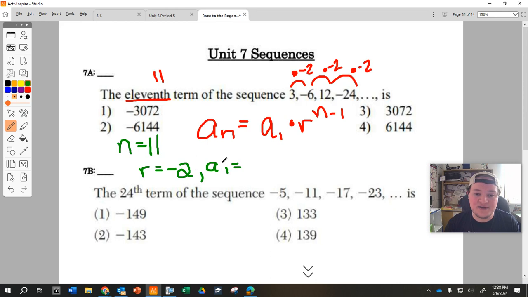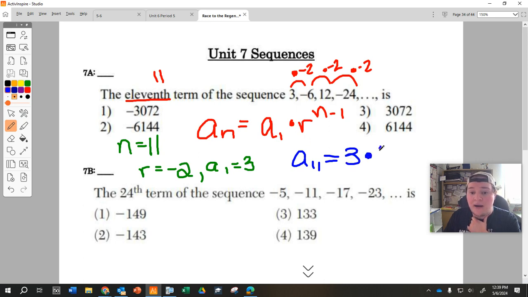Put a comma there because these are two different statements. A sub 1 is the first number in your pattern for a sequence. Well, that's pretty easy. So here's your pattern, 3, -6, 12, -24, dot, dot, dot. What is the first number in the pattern? It's 3. Starts at 3, right? You have all the ingredients to craft it, and then it's a calculator question. So what I'm going to do now is write over here. They want the 11th term, so it's not a sub n, it's a sub 11. Little 11, it's a subscript. A sub n equals a sub 1. I know what a sub 1 is. It's 3. A sub 11 is 3